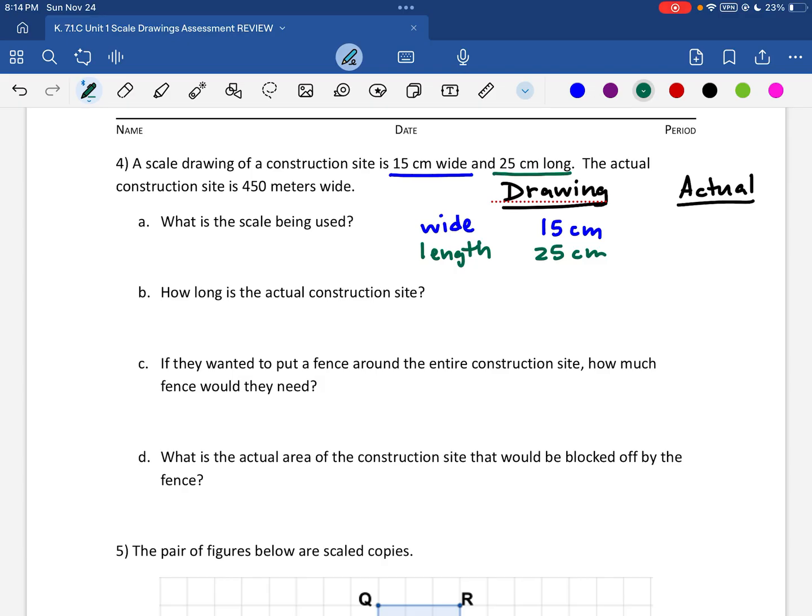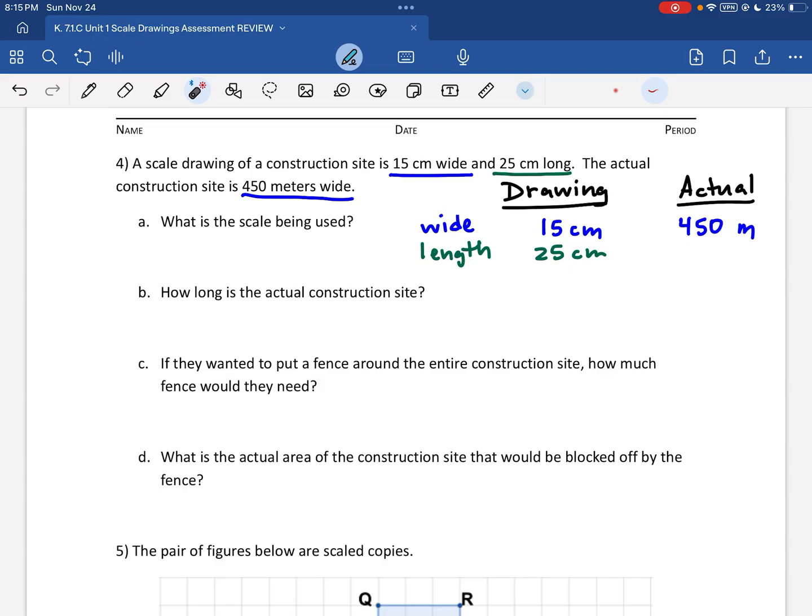The actual construction site is 450 meters wide. So this is why I use those labels. That 450, when I'm trying to figure out, well, what does it match with? Does it match with this or this? It says it's wide, so I'm going to match it with the one that said wide. So that 450 is going to be listed here, and it's 450 meters. So again, let's pay attention to 2 things here. Centimeters in the drawing are going to be changing and representing meters in the actual,